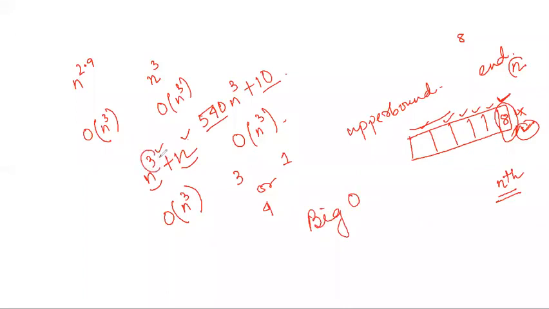So if I have 3 and if I have 1, among these 3 and 1, 3 is the worst case. That is the worst number of iterations it may go to. So I am taking order of 3 and not order of 1. This is the reason. We will always choose the highest, because the highest is what gives us the upper bound of that algorithm. In the worst case, how far the algorithm will go. That gives us the upper bound. So big O will always give us the upper bound and the worst case scenario.